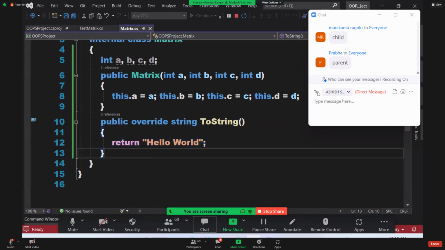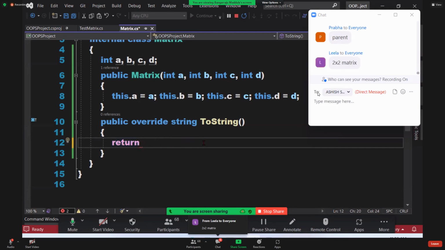Understood? So let me print the values of the matrix. Come on, how to print? What type of matrix is here? 2 by 2 matrix, correct? So A plus space plus B plus \n plus C plus